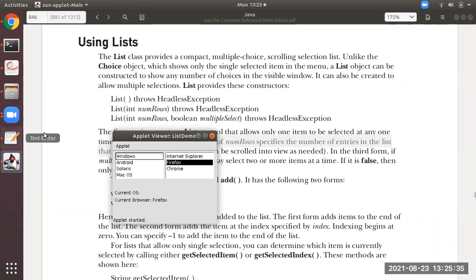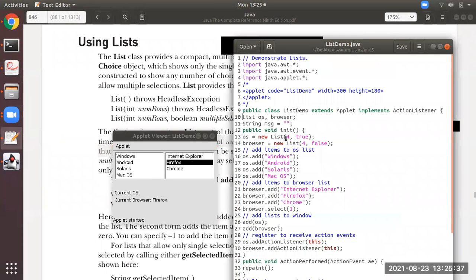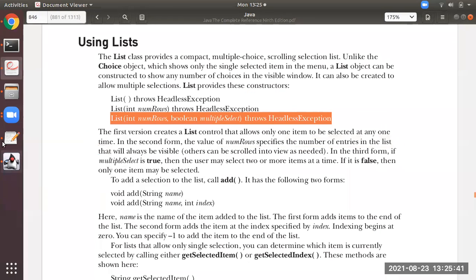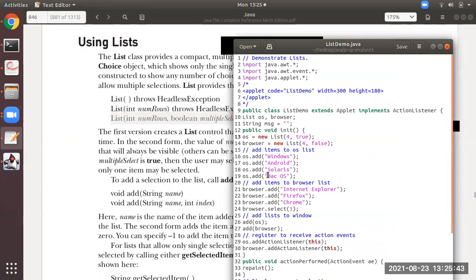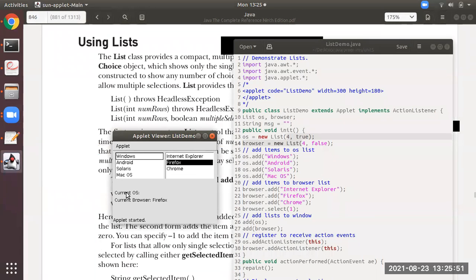That is because of the value number, which is 4 in the constructor used in the program. So you can see a maximum of 4 labels in that list.